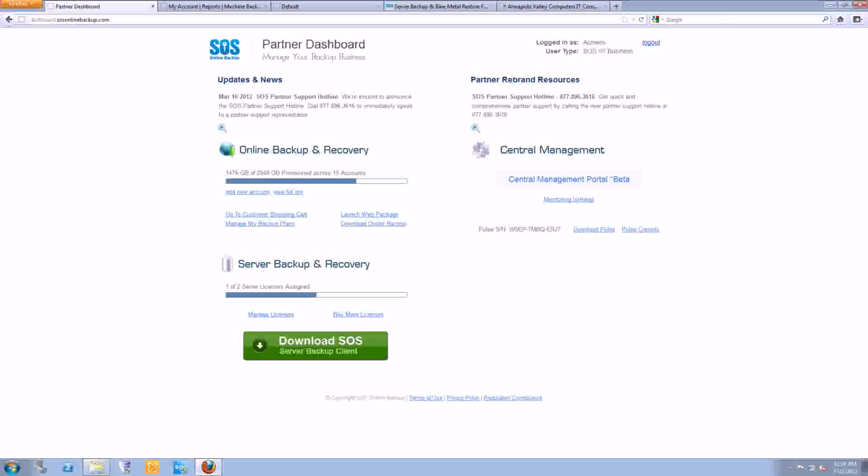Okay, thanks, Jeff. So I'm assuming all of you can see the screen okay. What I've first pulled up on the screen is our dashboard. So this is a website that you can go to from any computer, and you go to dashboard.sosonlinebackup.com, and you log in using your partner credentials. So this dashboard is supposed to be a central place that you can control your business with us as far as creating accounts, managing accounts, upgrading, downloading our ServerSave installer executable, delivering support to your customers. Also, we have the Central Management Portal beta that we're going to show you as well.